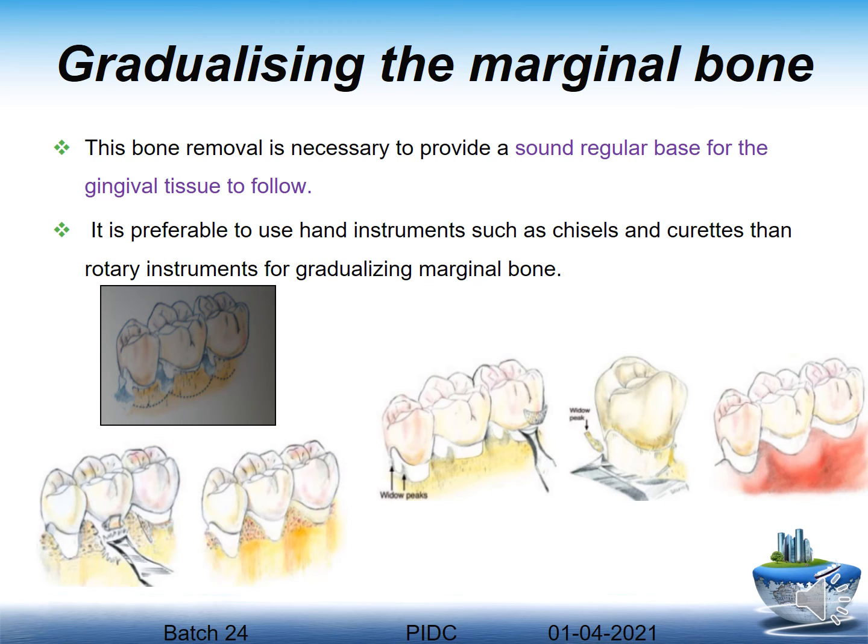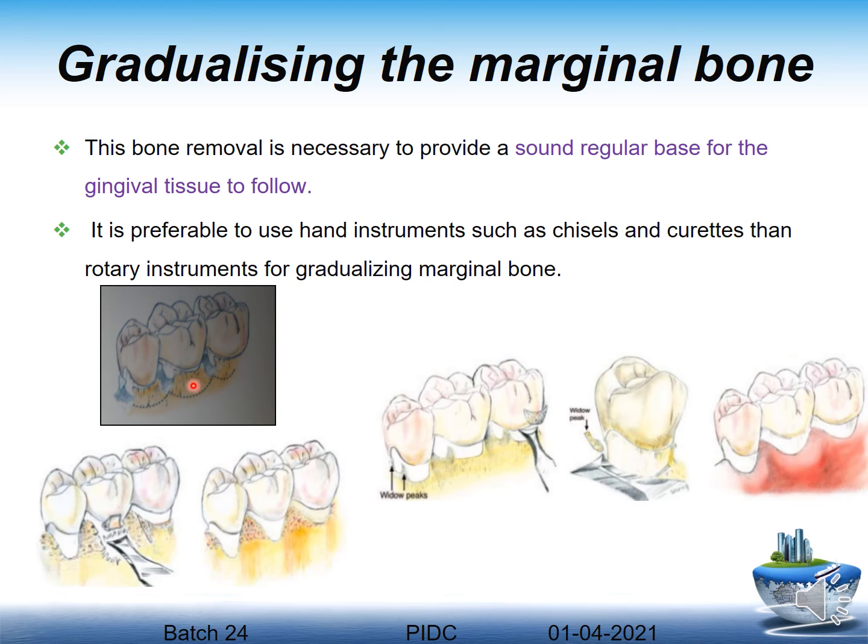The last and final step is gradualizing the marginal bone. The bone removal is necessary to provide a sound, regular base for the gingival tissue to follow. It is preferable to use hand instruments such as chisels and curettes rather than the rotary instrument for gradualizing the marginal bone. So here you can see that after the procedure is done, I did have certain marginal bones